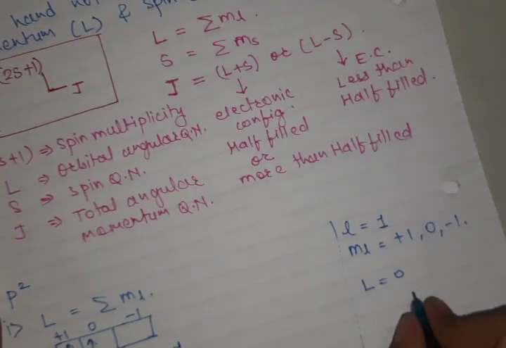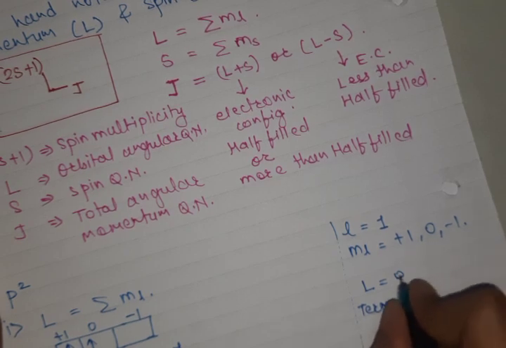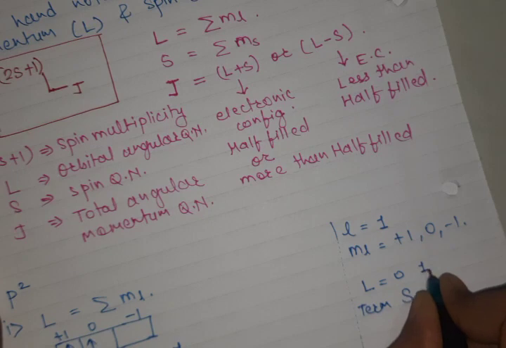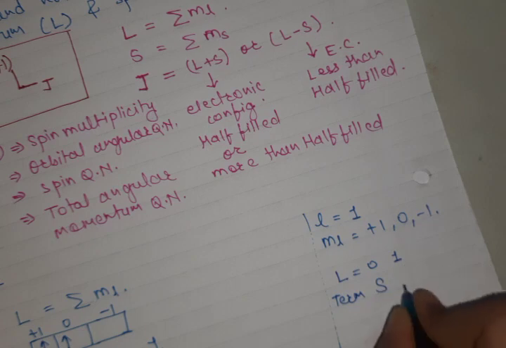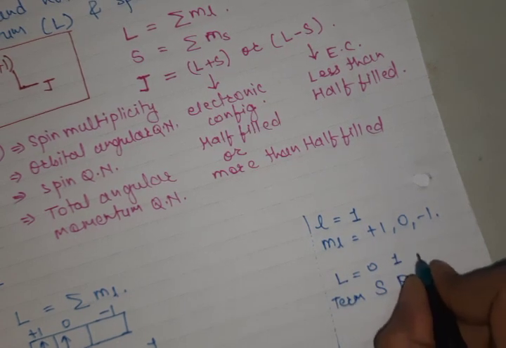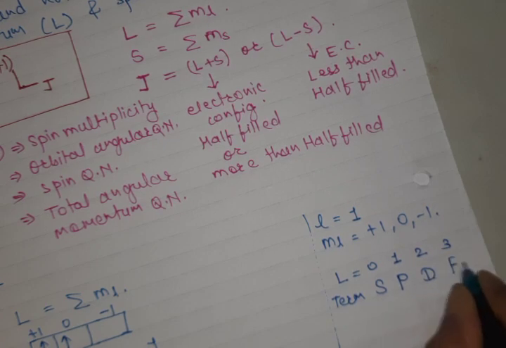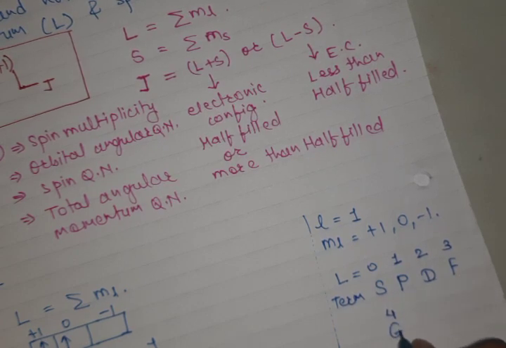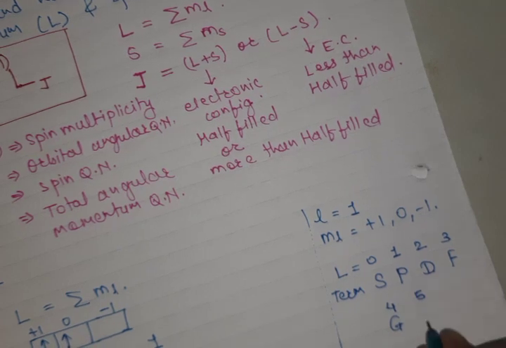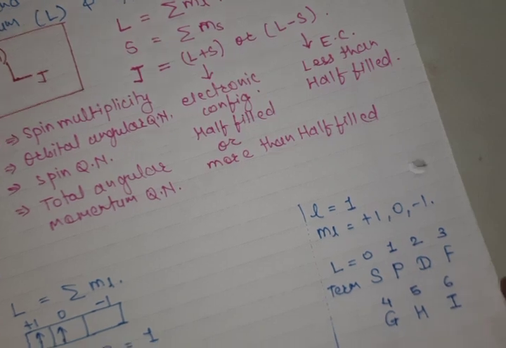For L equal to 0, the term is S. For L equal to 1, which I have already told you in the previous few lectures, the term is capital P. For L equal to 2, the term is D. For L equal to 3, the term is F. For L equal to 4, the term is G. For L equal to 5, the term is H. For L equal to 6, the term is I. In this way you can continue in alphabetical order,